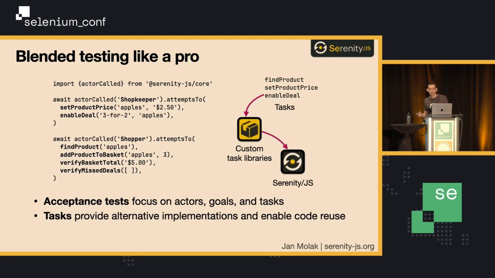Now, since tasks are focused on the goals that they accomplish, like find a product or enable a deal, you can use them as an abstraction to provide alternative implementations, which lead to the same outcome. Now, this means that you can replace some parts of your workflow, typically dedicated to data setup or progressing your system to a desired state, that would normally interact with the UI, and make them interact with REST APIs or a database directly. Now, this obviously simplifies the scenario and improves the overall performance, reliability, and stability,